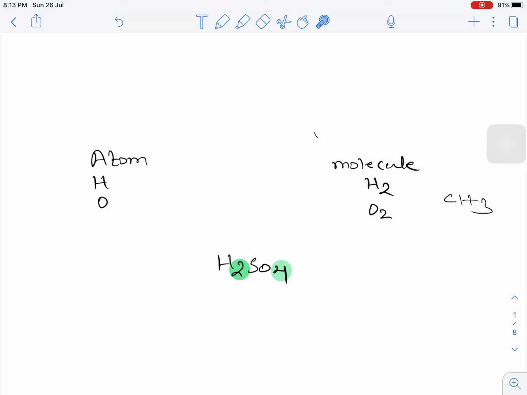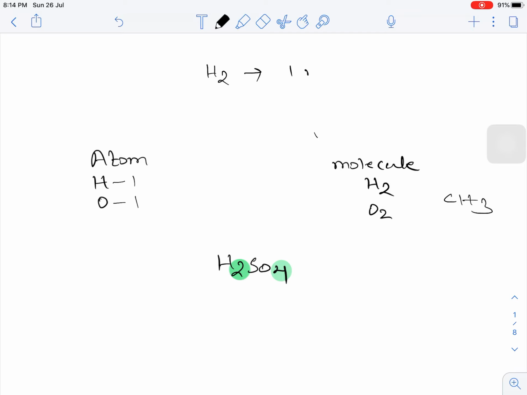So let me revise once again: elements can be represented by the symbols H and O. H represents that there is only one atom of hydrogen. O represents that there is only one atom of oxygen. Now this H2, it represents that there is, I am writing it here,